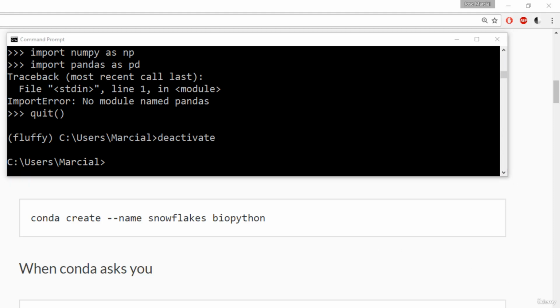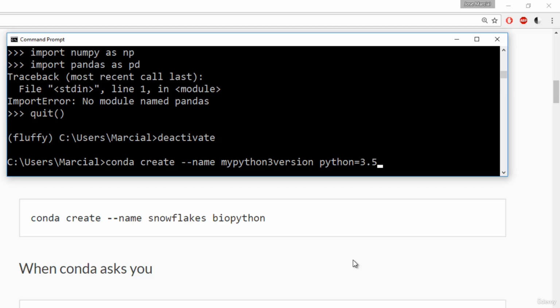Now, another active use case for virtual environments is to create an environment that uses a different version of Python. You can do that simply by saying conda create. We'll go ahead and say --name. You can also just say -n, single -n, but we'll show the full thing, --name. Say the name of the virtual environment you want. We'll go ahead and call this virtual environment my Python 3 version, space, and then you say Python equals 3.5,